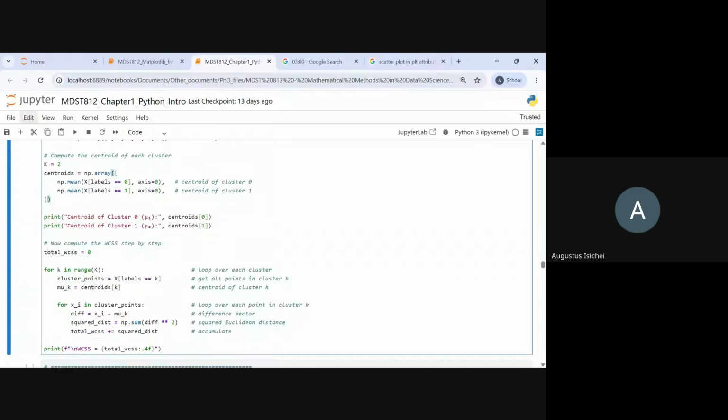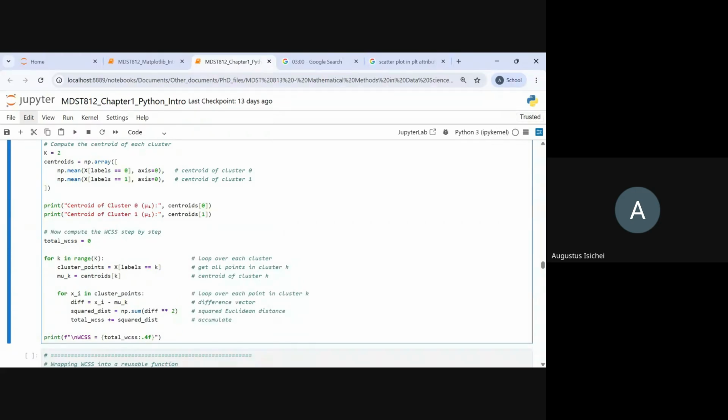Then I went ahead to print the cluster for mu1, and the centroid for mu1 and the centroid for mu2, by just picking the points with the different coordinates. Now we compute the within cluster sum of squares step by step using a for loop. I started by initializing the total within cluster sum of squares as 0. Then for k in range k,